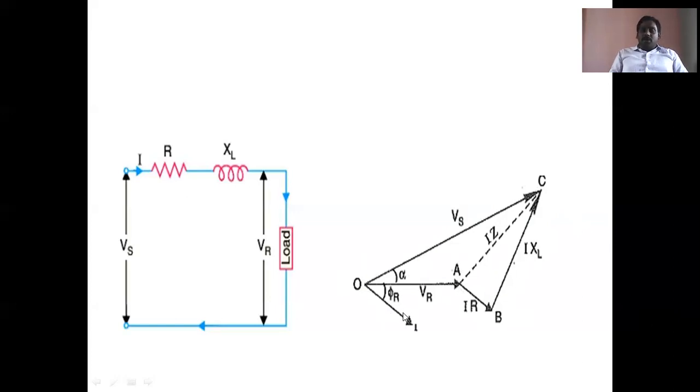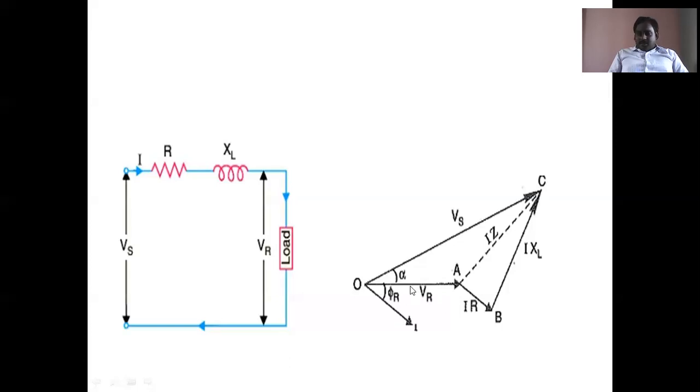And here this I is nothing but the receiving end current. It is drawn downward because it is always lagging. This current is lagging due to the inductance. And if we observe here, one more important parameter we will discuss in the phasor diagram is the power factor. Power factor means the cosine of the angle between the voltage phasor and the current phasor. So this is a voltage phasor, and this is also a voltage phasor, and this is the current phasor.